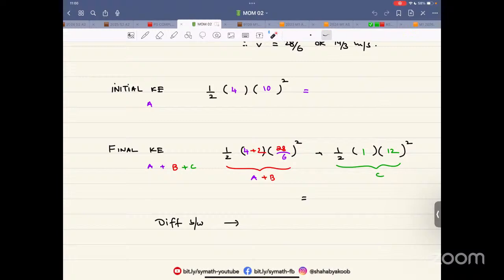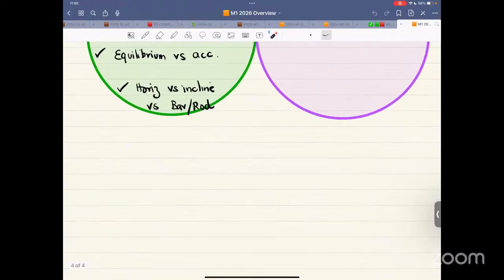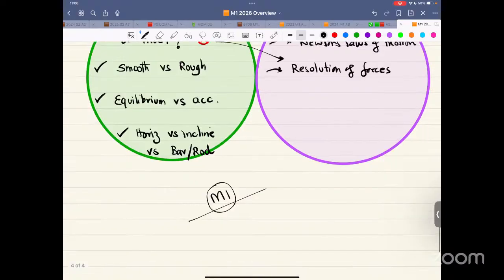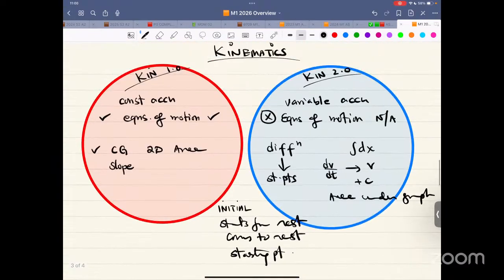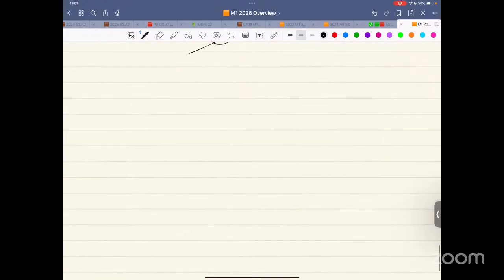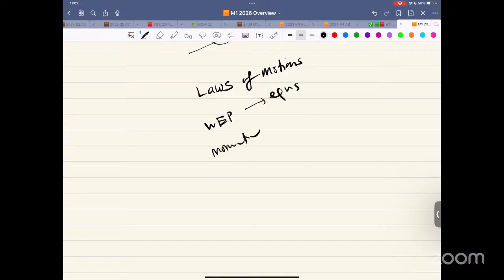So I think that's all about it. We discussed every single chapter in whatever detail we can, and wish you the best of luck in M1. Just follow the instructions that I've given you about forces, kinematics, laws of motion. The instructions were given already. In work, energy, and power, it's all about these equations. In momentum, it's about the principle of